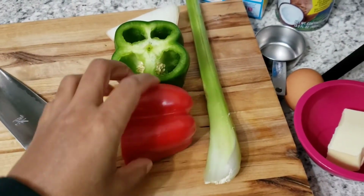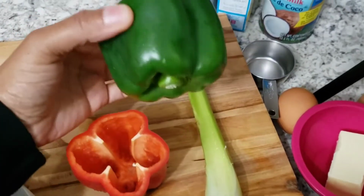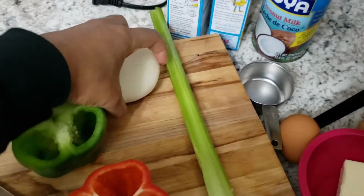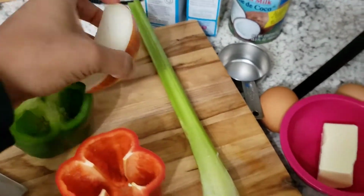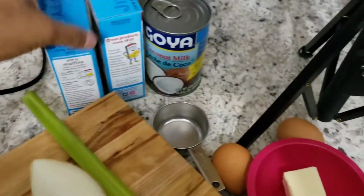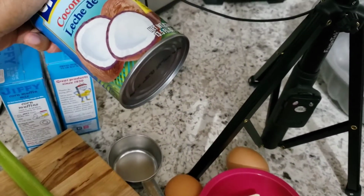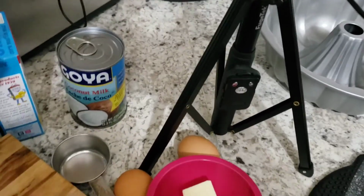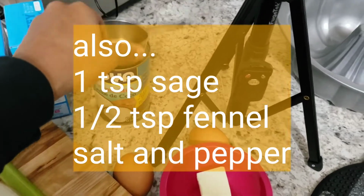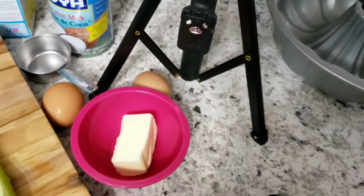And this is everything you need. The equivalent of a small red bell pepper, green bell pepper, the equivalent of a small onion, a celery stalk, 2 boxes of this stuff. I'm using coconut milk because I don't have any regular milk, nor would I ever have regular milk. But whatever milk you're using, you're going to use a 1/3 cup of that. 2 eggs, a 1/2 stick of butter, and